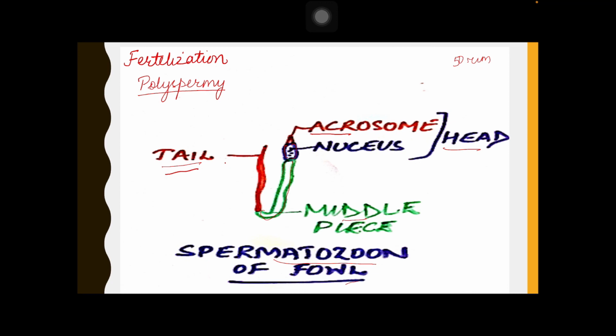This entry of the sperm stimulates the ovum, which is at the primary oocyte stage, to undergo further maturation divisions. When the ovum was laid, it was in the primary oocyte stage. So fertilization stimulates the primary oocyte to undergo further maturation divisions. Fertilization results in the release of the polar bodies. Then the diploid number of chromosomes is retained, and it initiates the cleavage.